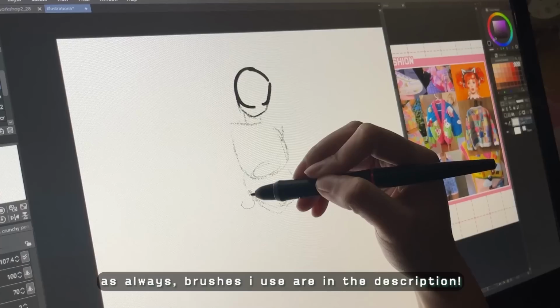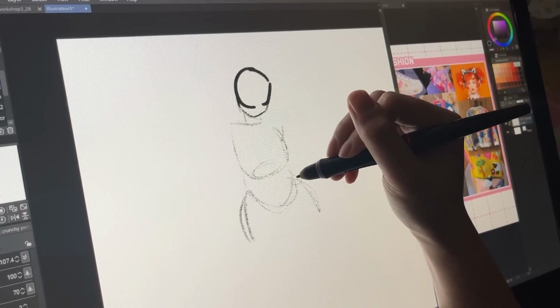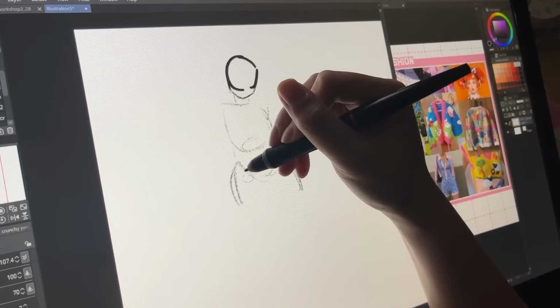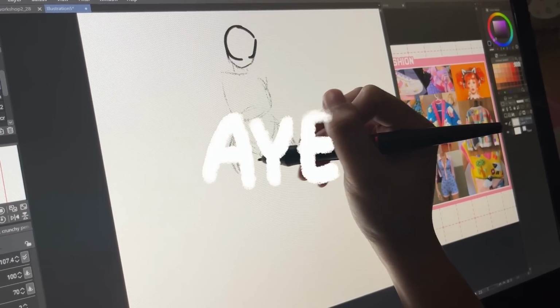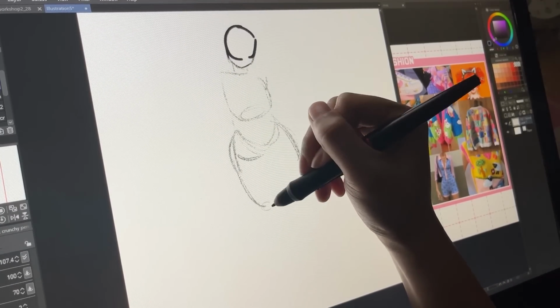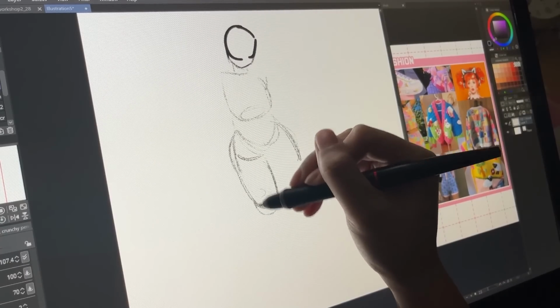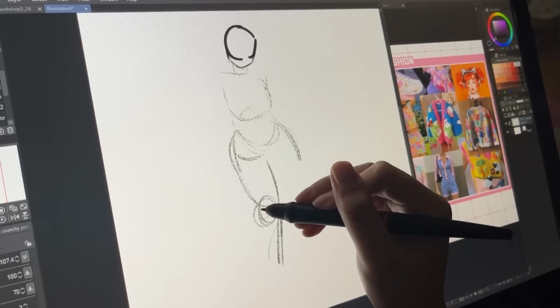So this girly here, before I even started designing her, I had one goal in mind, which was to create a chubbier OC. Because all of my OCs basically have the same body type, which is skinny, let's be real.